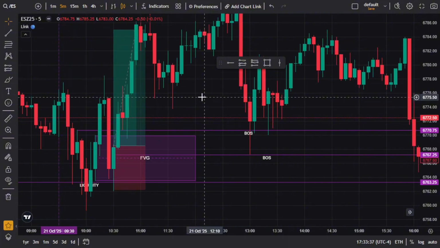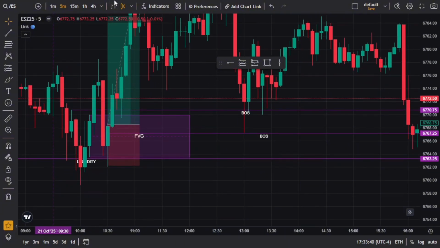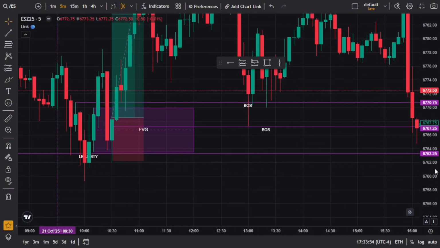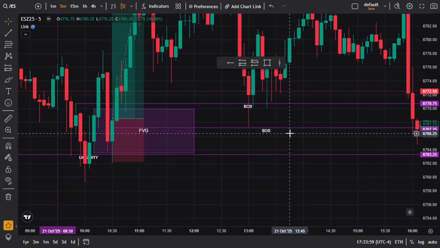Okay, so how the time frames work is how long a candle is open for. As you can see, there's a lot more candles here because each candle is open for 5 minutes. 1 hour time frame, each candle is open for an hour. That's how the time frames work, depending on what your strategy is. My strategy, these are the only time frames I'll ever use. Okay, right? So we wait for our liquidity to be swept in the 1 hour.